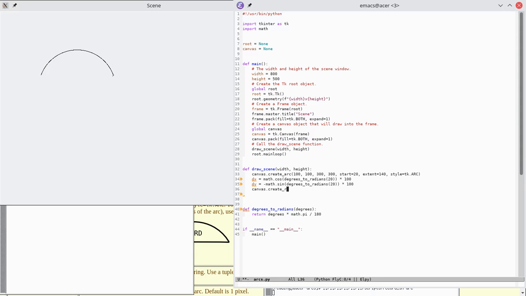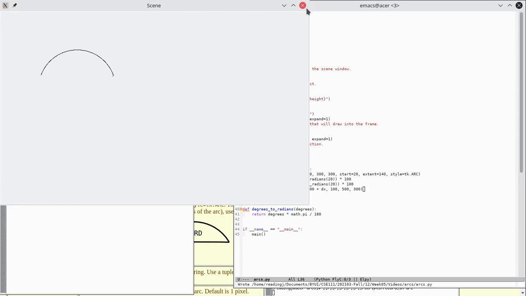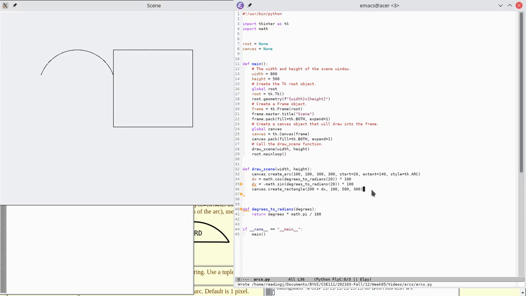that's certainly going to be 200 plus dx, 100, and it's going to be 500, 300, and that's not quite the right box. Let's see what box that gets us. Okay, so that box touches here, but if I just draw an arc with those coordinates,